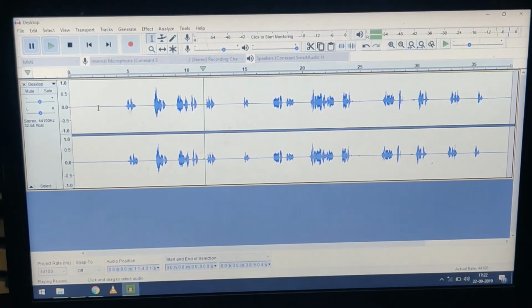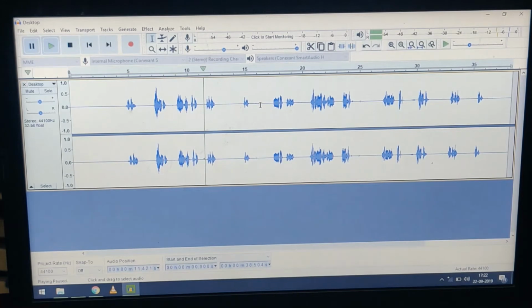In this area, where I haven't talked anything, there is some noise, the same as in this other area. So I have selected this area as the noisy area, and it is removed here as well.